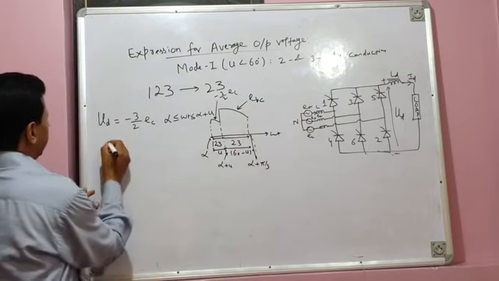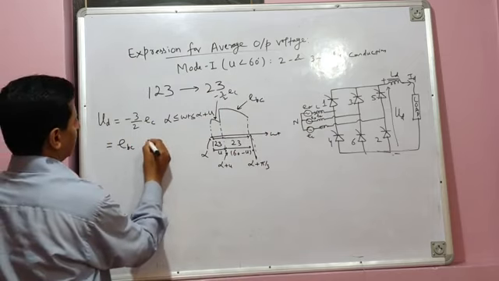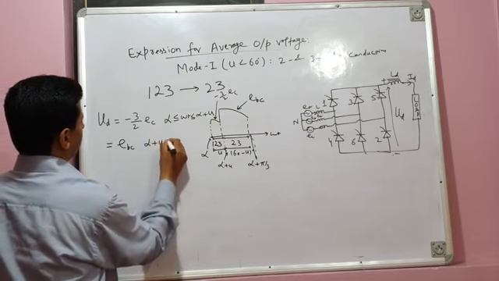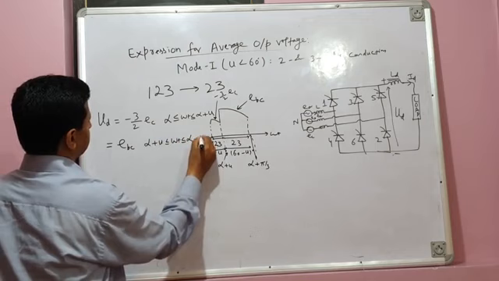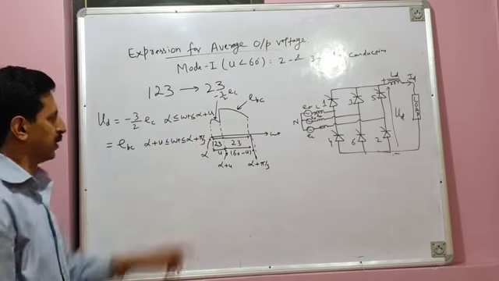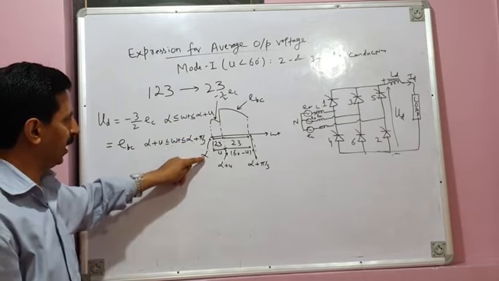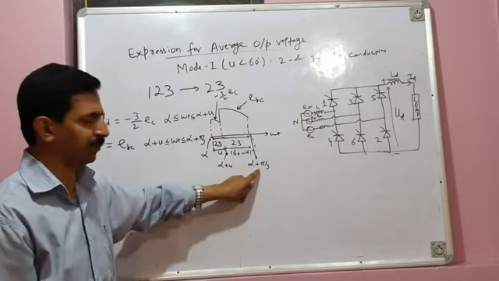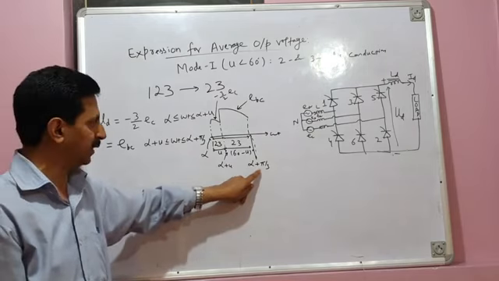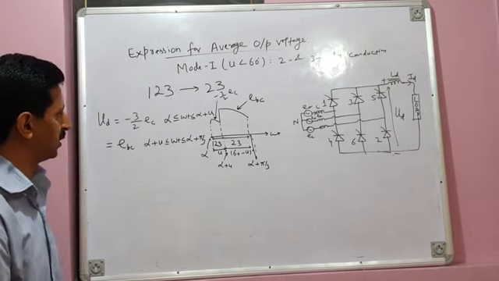I will write here, load voltage is EBC for the rest of the period, that is for alpha plus U to alpha plus 60 degrees, pi by 3. So we are starting firing of valve here at alpha. So this is our 60 degree interval. If this is alpha plus pi by 3, pi by 3 means 60 degrees. Alpha to alpha plus 60 degrees, this is the total time interval.